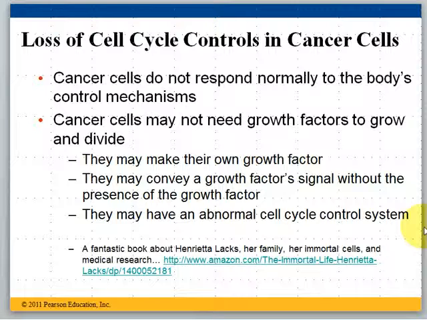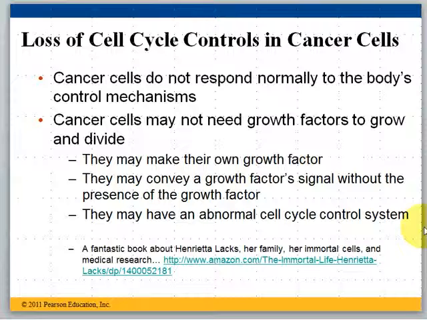Let's talk a little bit about cancer and what causes cells to become cancerous and what that means. Basically, what we're talking about is a loss of the cell cycle controls. All of those checkpoints that we were talking about and all these signals that control when and how cells divide get thrown out the window when we're talking about cancer cells. A normal mammalian cell in a petri dish in culture will divide anywhere from 20 to 50 times depending on the type of cell, and that's about its lifespan. Then it begins to age and basically die of old age, natural causes.